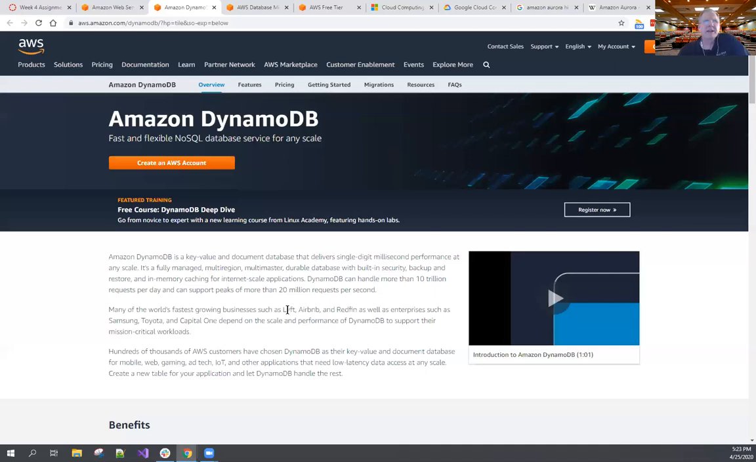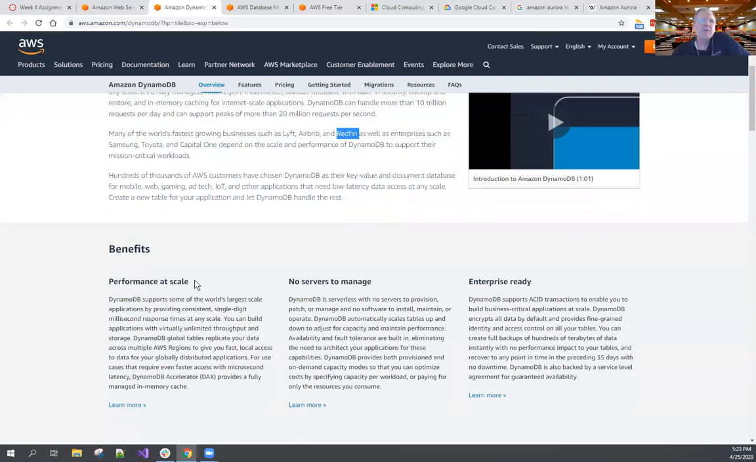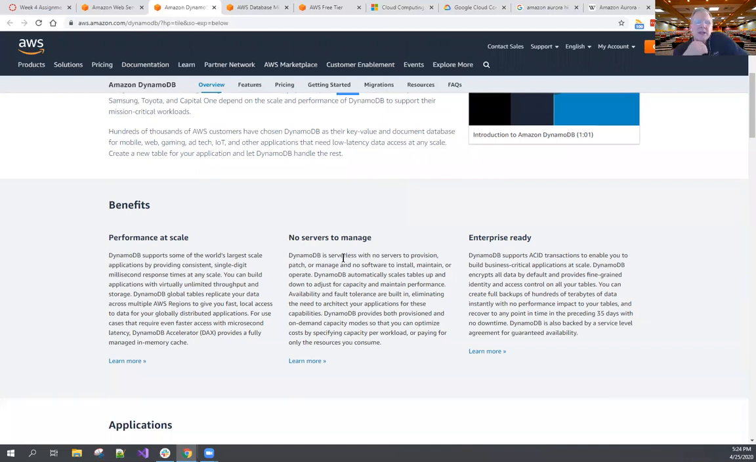Now, what's interesting, look at the companies that are using DynamoDB: Lyft, Airbnb, Redfin, Samsung, Toyota, Capital One. So they're using this NoSQL database. Performance at scale, its ability to scale, but this is cool too. Serverless, so we don't really have an instance of a database to manage at all. That's nice. Serverless is very interesting for both